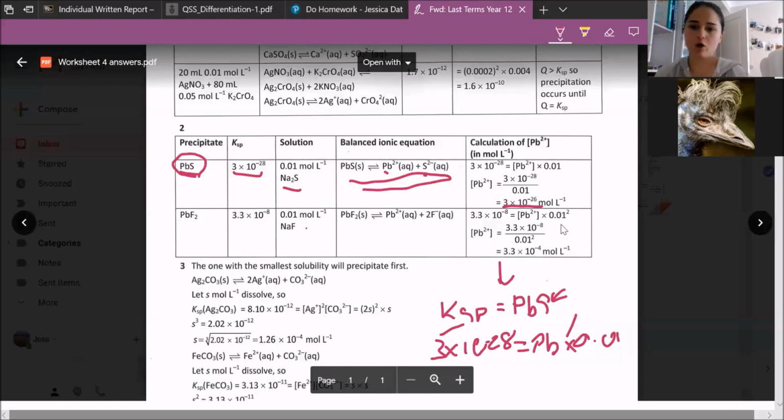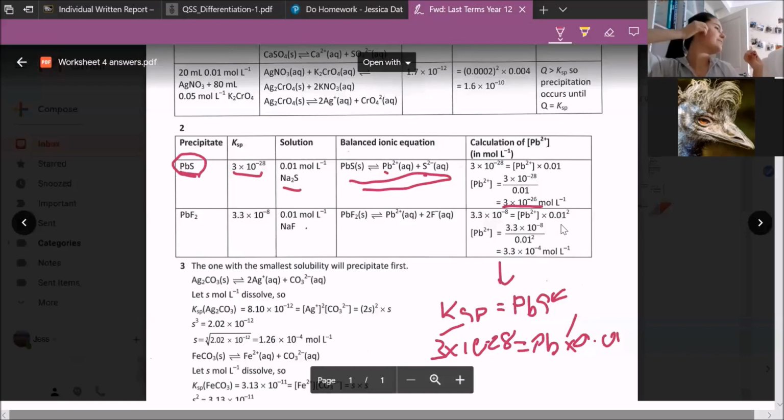You can even write this in words if it makes it easy, words and then numbers. So Pb equals Ksp divided by the concentration of sulfide, so 3 times 10 to the negative 28 over